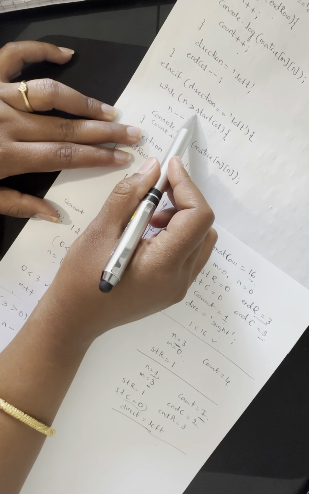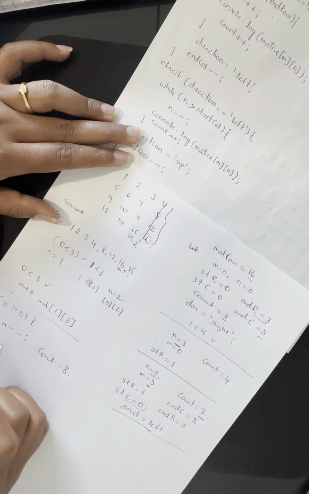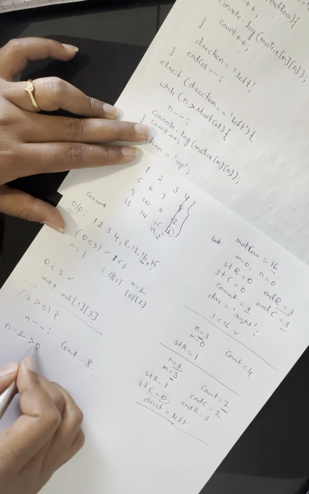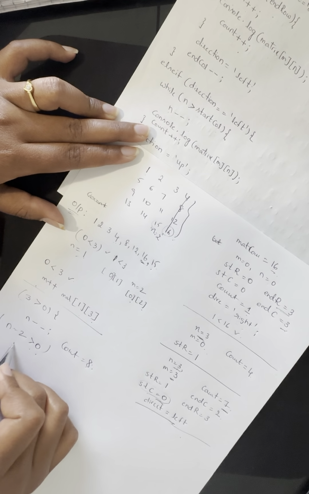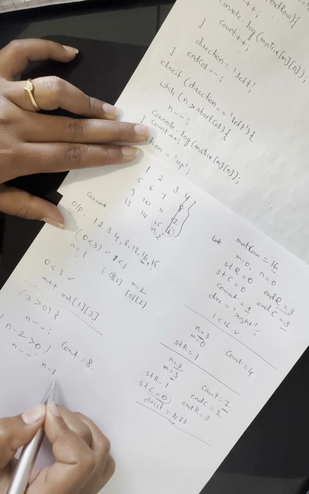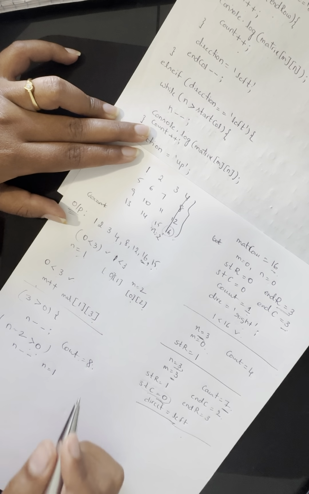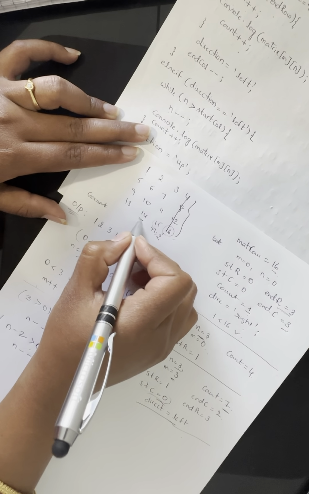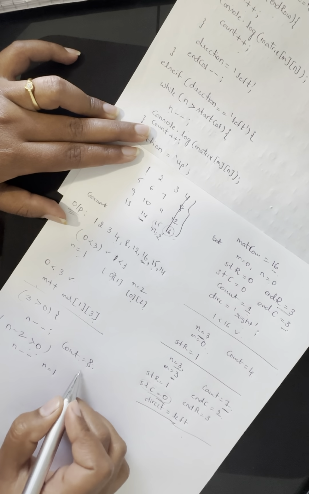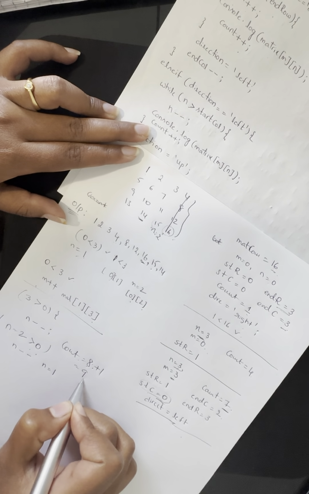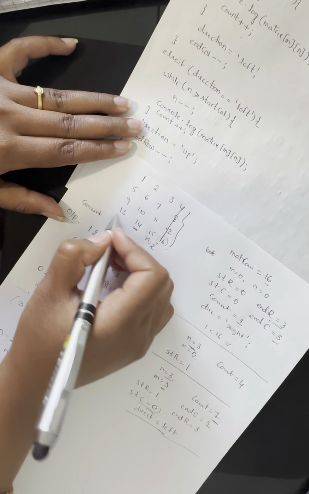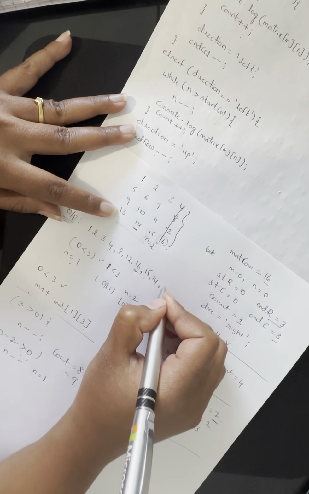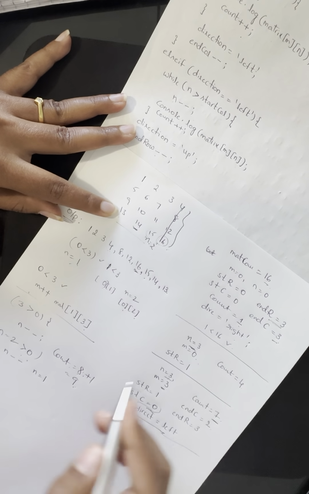the while loop starts again. Now currently n is at 2, and 2 is still greater than 0, which is the start column. So we'll decrement n, which becomes 1, and we'll print the next element, which is 14, and we'll increment the count by 1, which becomes 9, and we'll continue this until we reach here, which is 13, and the count becomes